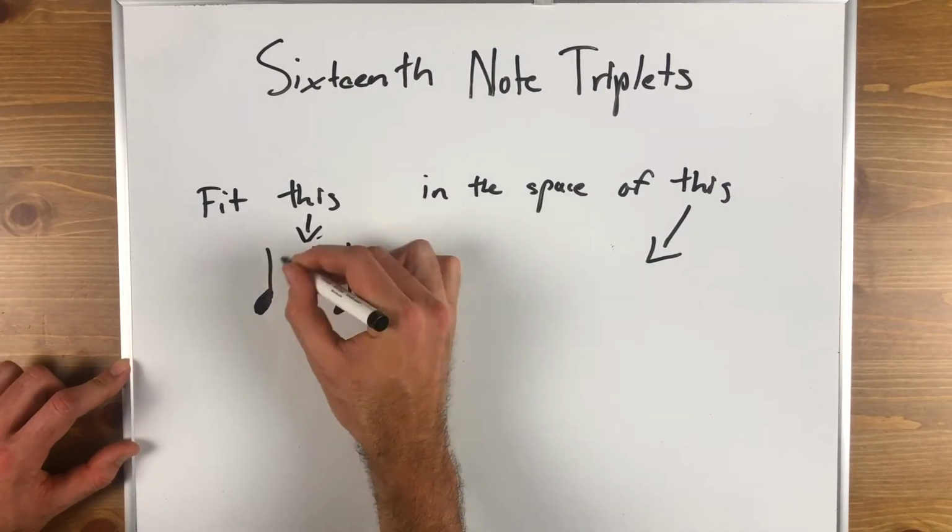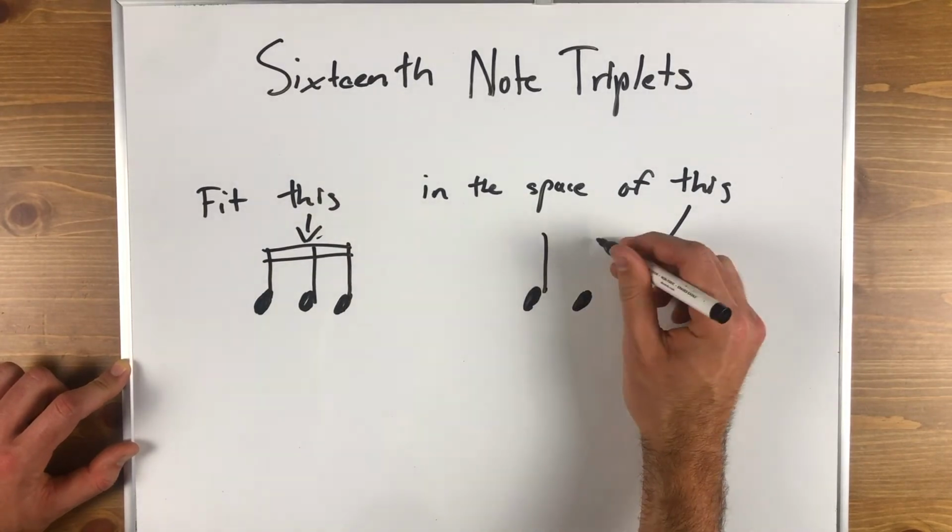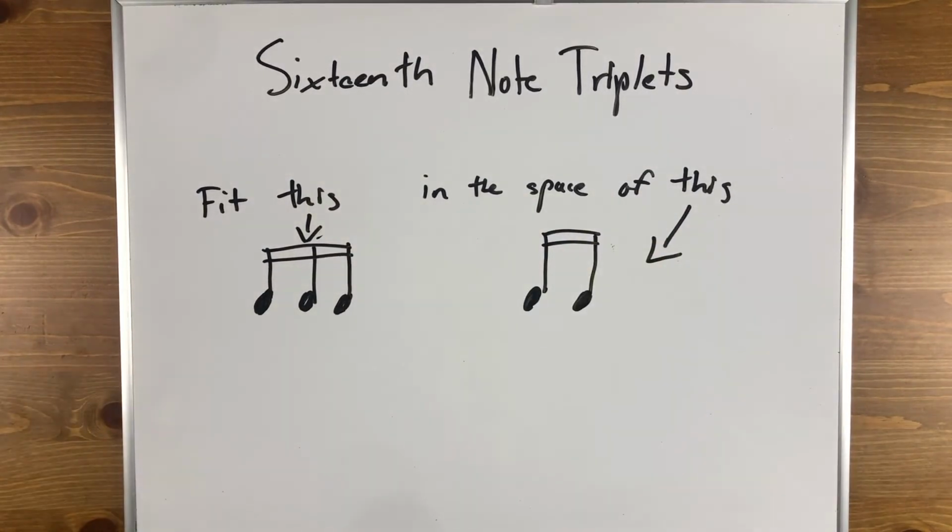We can do the same thing with 16th notes. In the space that 2 16th notes would normally take up, we can have 3 16th note triplets. Counting them would sound like this: triplet, triplet, triplet, triplet, triplet, triplet, triplet, triplet, triplet. As you can see, it's a really fast subdivision, and it's only really possible to play it at relatively